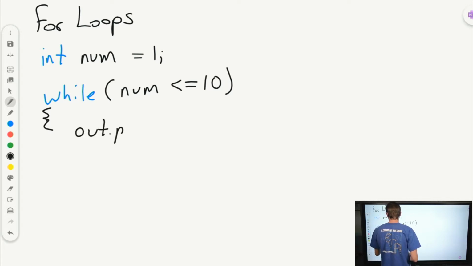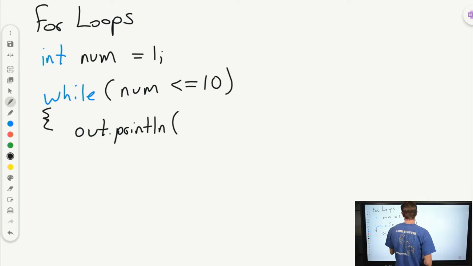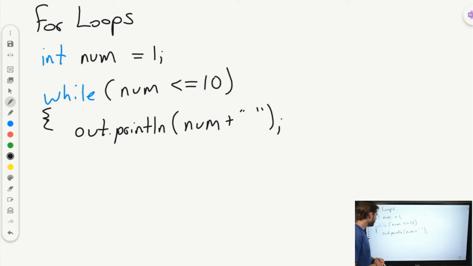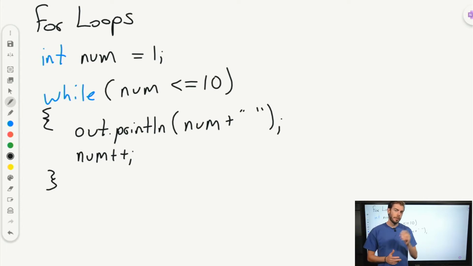And then I'm going to go ahead and say out.println, and I'll go ahead and print num, and I'll concatenate a little space on it so that it spaces out all of the numbers. And then I will increment num. And this will print out, if we do the code trace, all of the numbers from 1 to 10. Okay, now this is a perfectly fine way to do it, but there is another tool, the